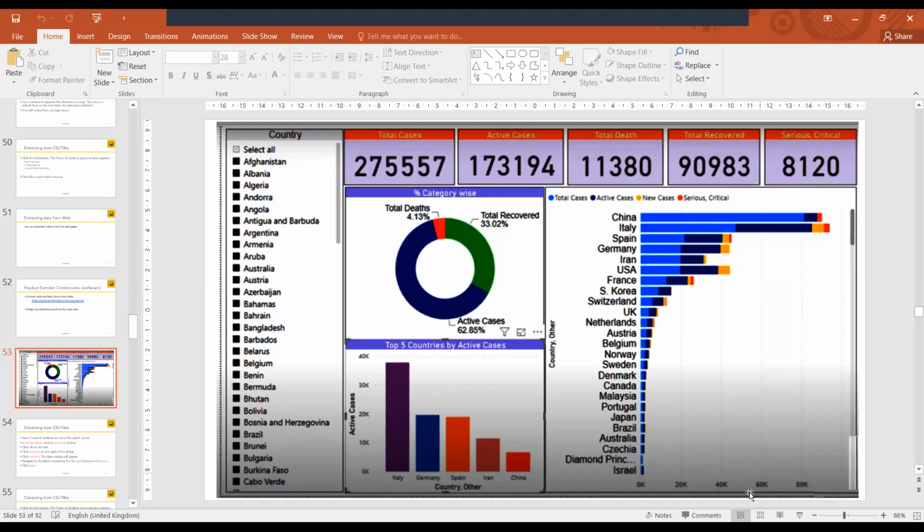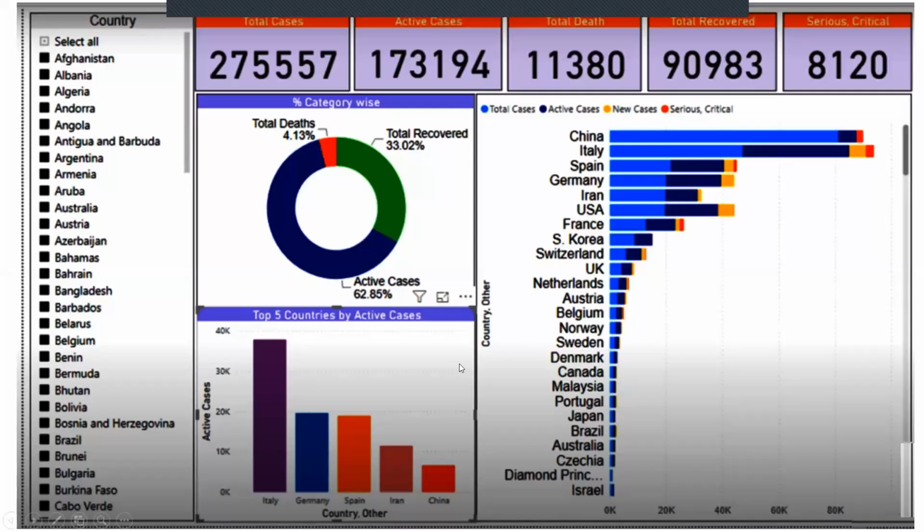Have you generated this dashboard or not, or what difficulties are you facing in designing it? So you have 15 minutes, and after 15 minutes we will be here again to analyze what you did. Any question about it?